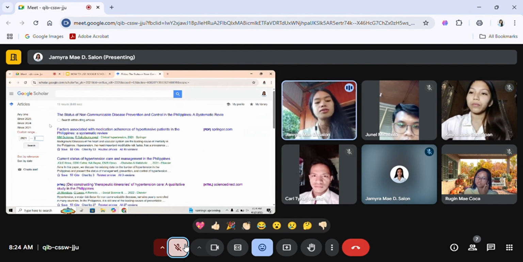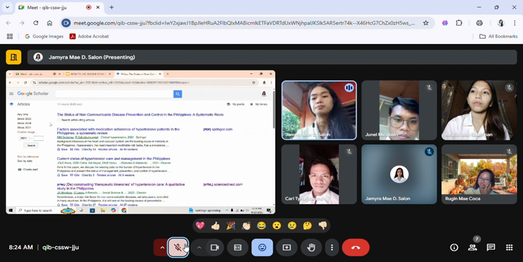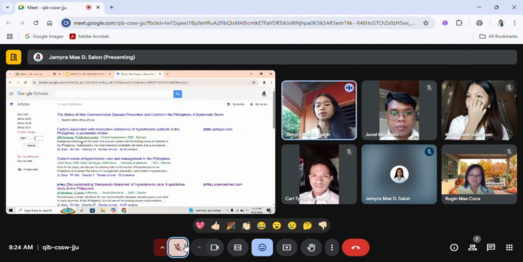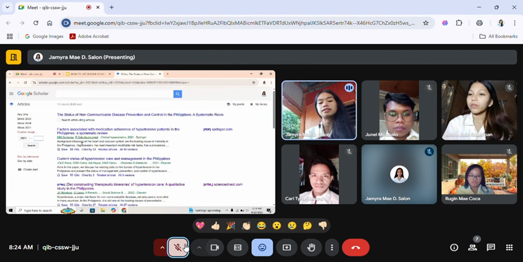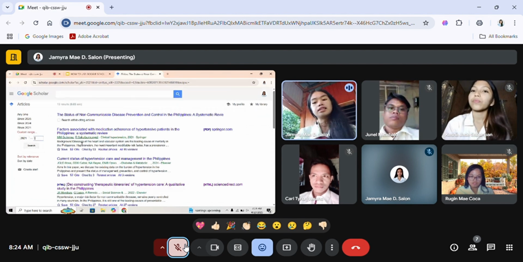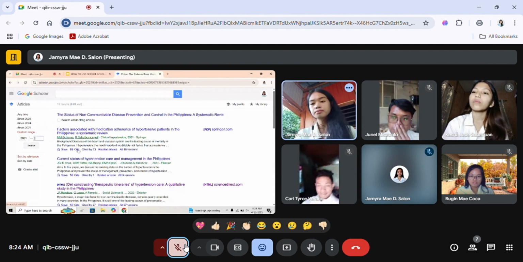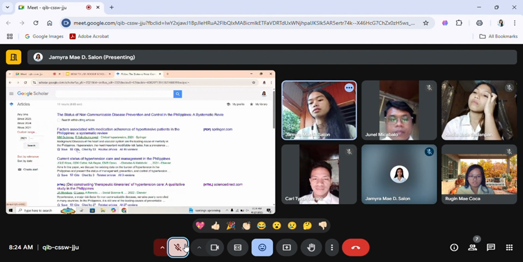And then other useful tools in Google Scholar. So, cite tool. I-click mo lang yung cite sa baba ng isang search result para makakuha ng automatic at properly formatted citations. Like APA, MLA, and Chicago at iba pa. So, ito.